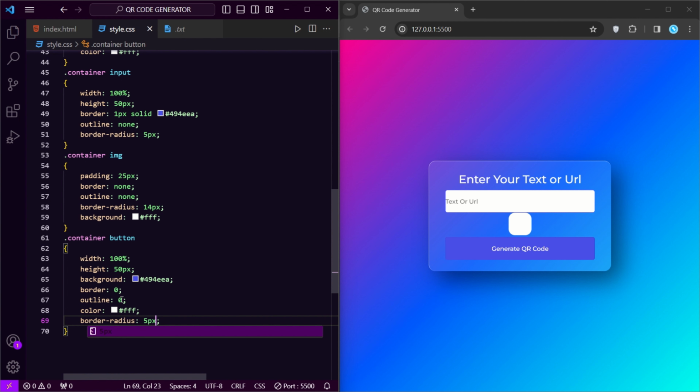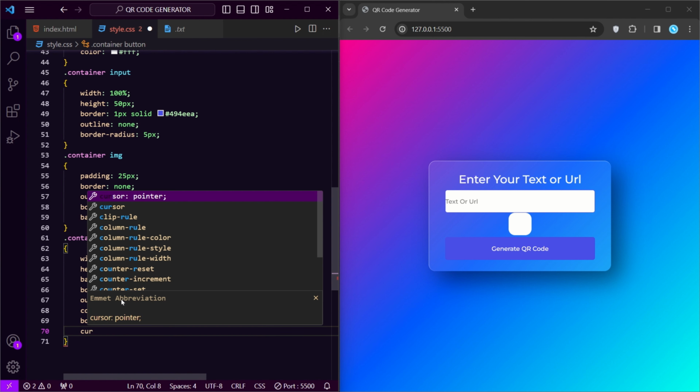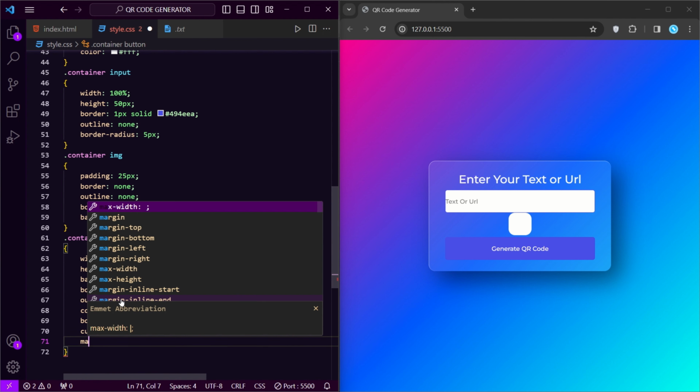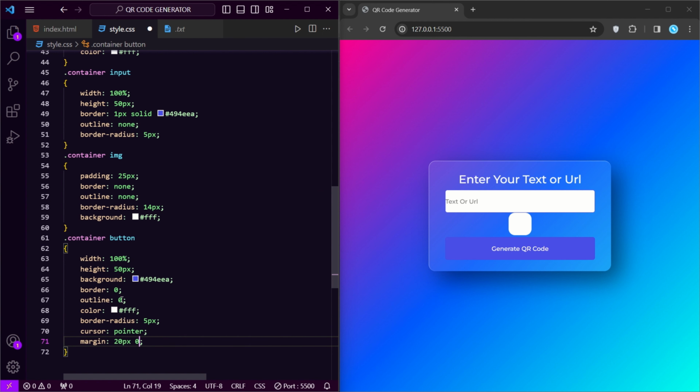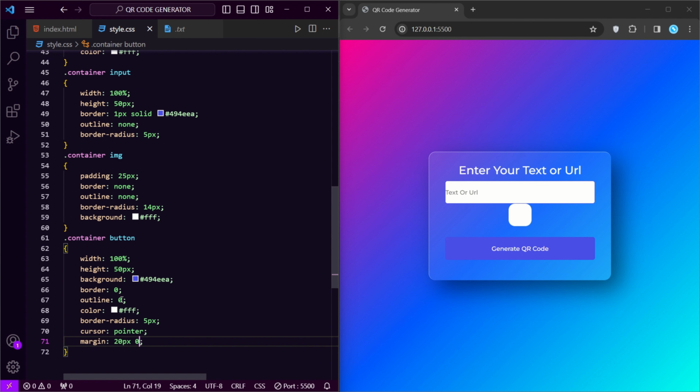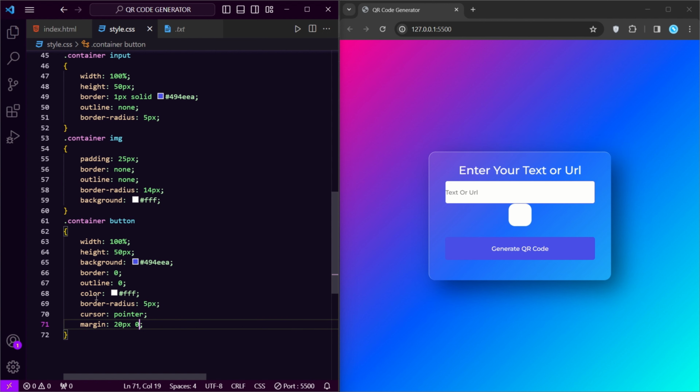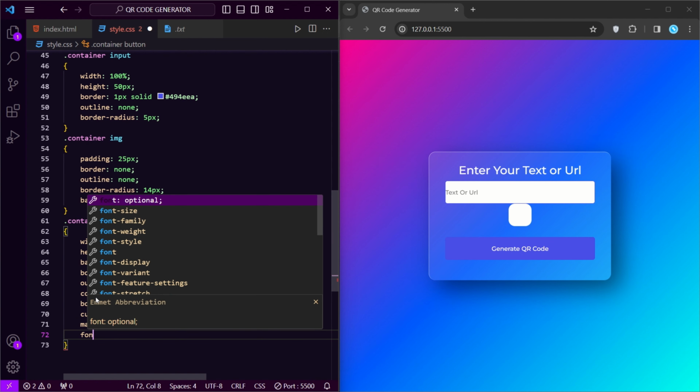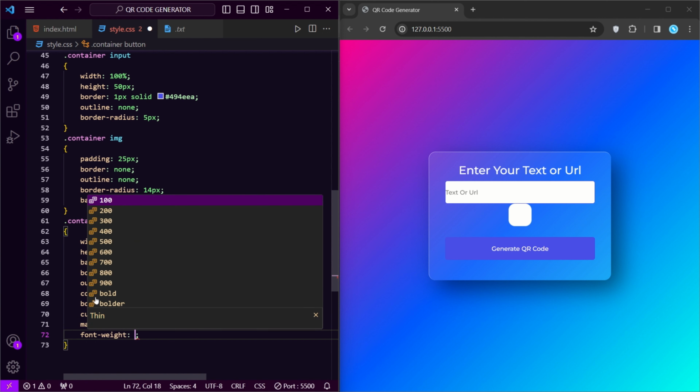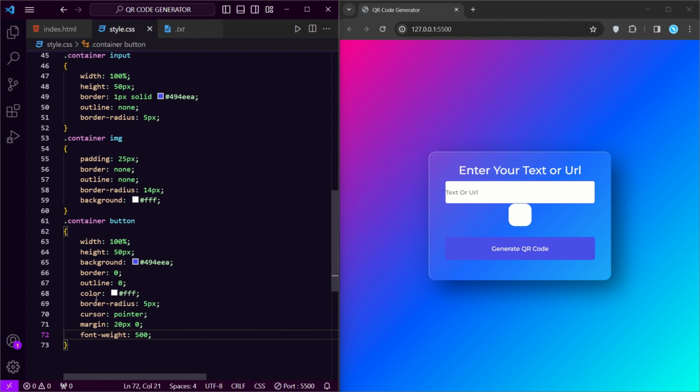Save it. Cursor will be pointer. Margin of 20 pixel 0. Save it. Font weight of 500. Save it.